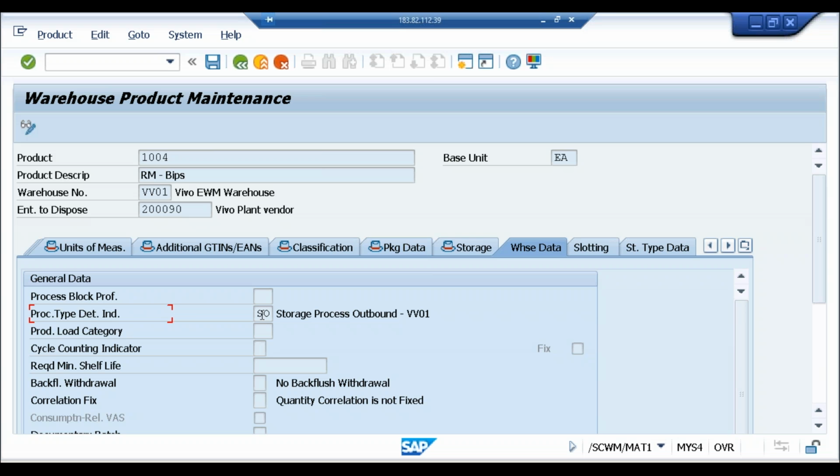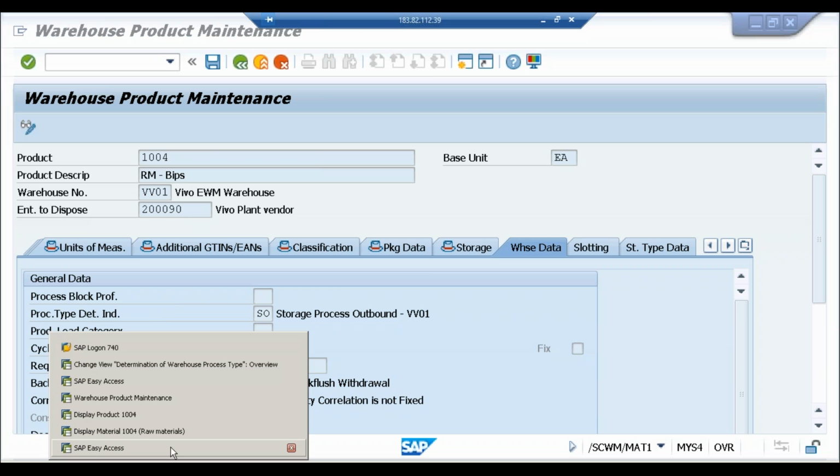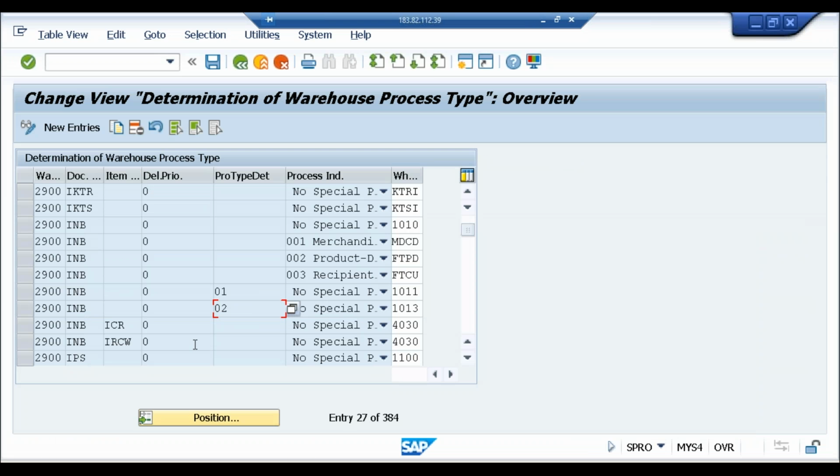process type determination indicator. There are two scenarios. One is that the process type determination indicator is placed in the warehouse data tab in the product master, or else there will be nothing, that means it's blank. Once we are supposed to be in the 1010 process type, we have seen the process type determination indicator is not maintained. By that time there is nothing, right? The system will reach this table and then determine that this is 1010. It will take the two parameters, match them with this one, and place it in the